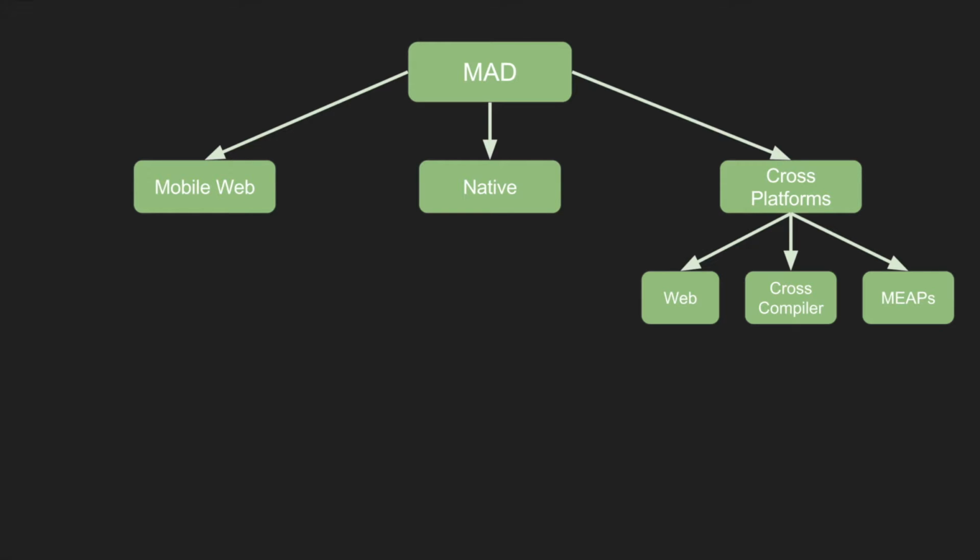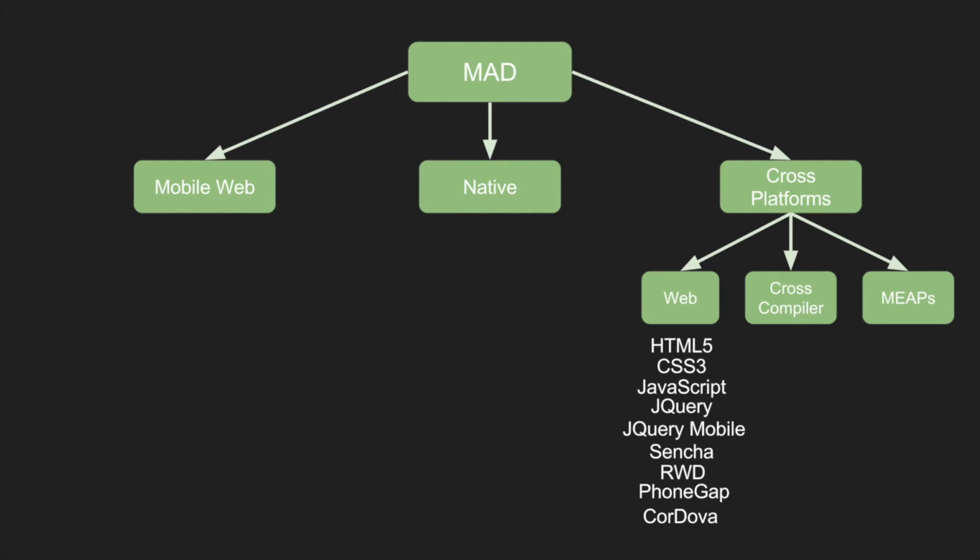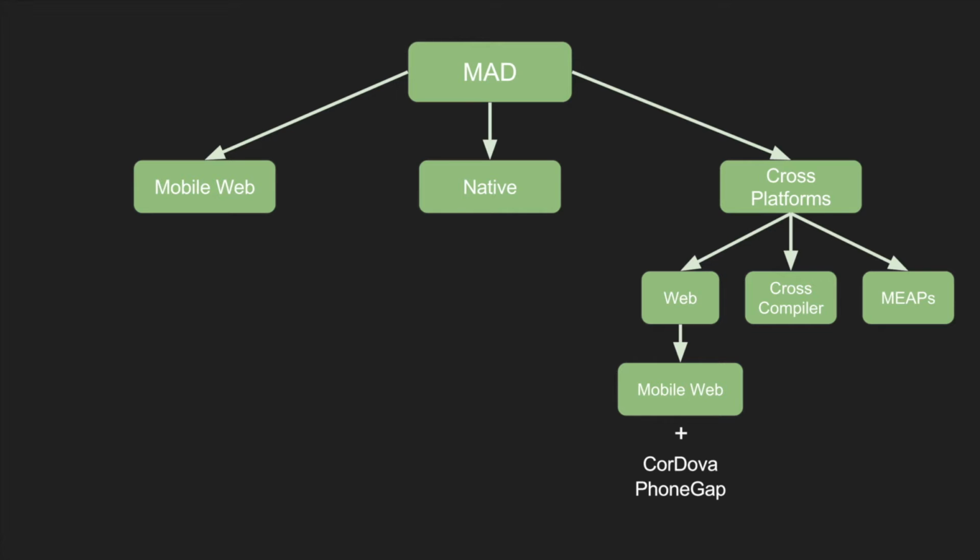Technologies that you see in web based cross platforms are pretty much the same: HTML5, CSS3, JavaScript, jQuery Mobile, Sencha, even responsive web design. But other than these, there are two more typically used technologies, PhoneGap and Cordova. Some of the technologies I have mentioned here are pretty similar to what you have seen in mobile web. So I can say the cross-platform web philosophy is an amalgamation of mobile web and these other two technologies,